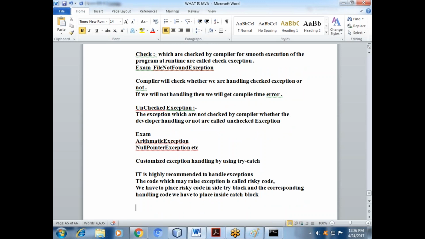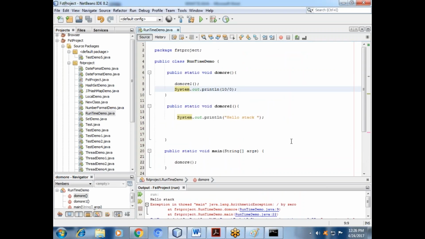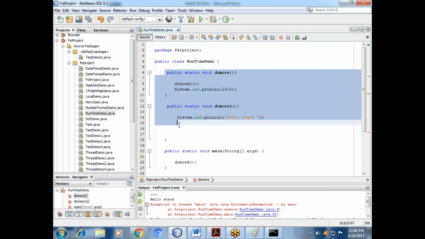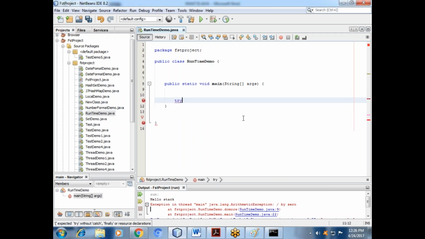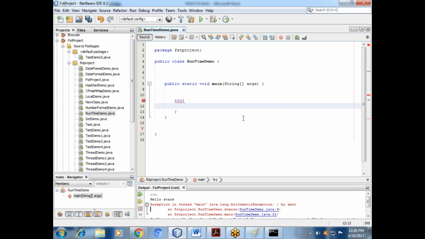Suppose we are writing a program. Try block.